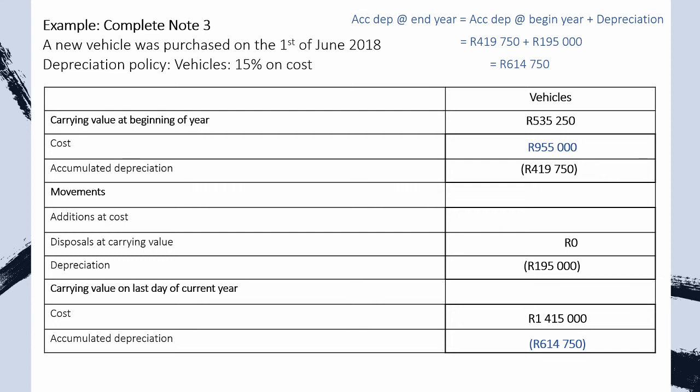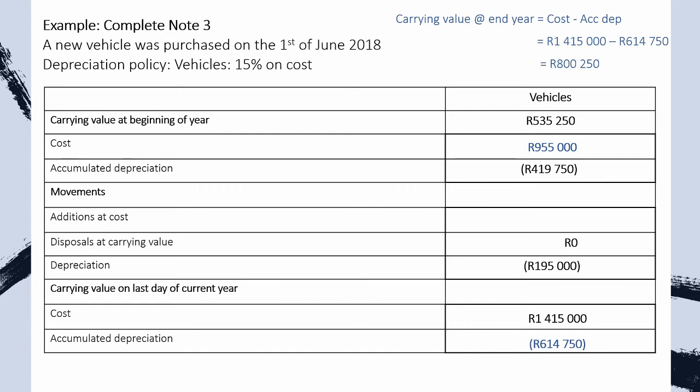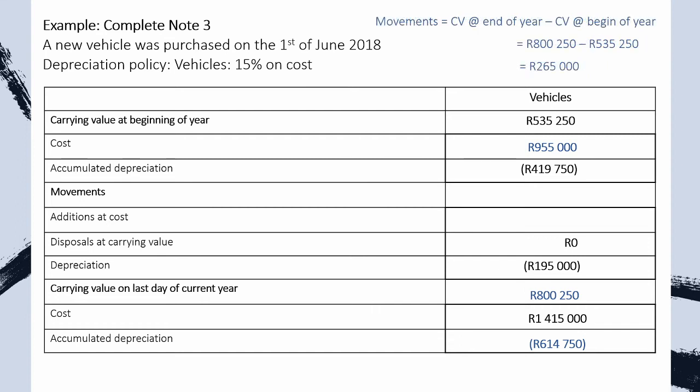So now we can calculate carrying value on the last day. How do we do that? We say cost minus accumulated depreciation. So we say 1.415 million minus the 614,750, which gives us our 800,250. Now we've already seen to calculate movements, we say carrying value at the end of the year minus carrying value at the beginning of the year. So we say 800,250 minus our 535,250, which gives us our movements of